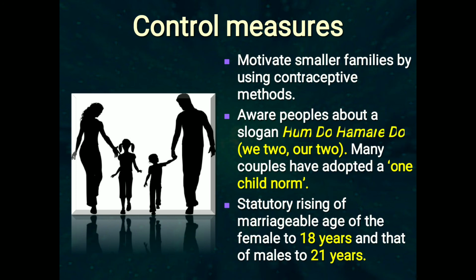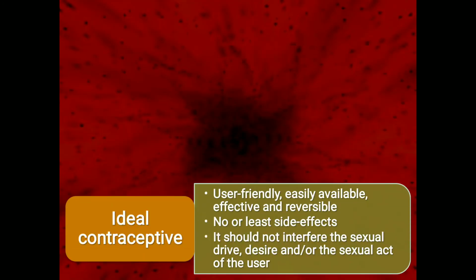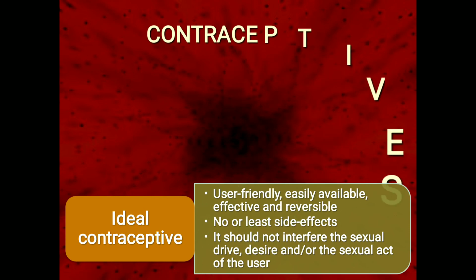orphanages, right? Next, statutory raising of the marriageable age of females to 18 years and males to 21 years. Yes, they are called minors and majors, you know about it already. The majors can be allowed to get married. So the age limit for females is 18 years and the age limit for males is 21 years. So this is a kind of control measure. And another control measure is, as I said in the first